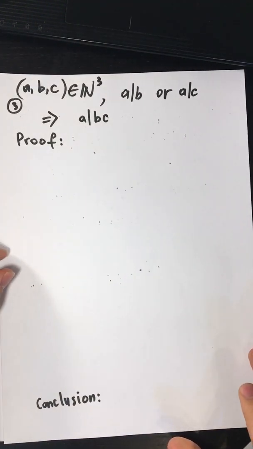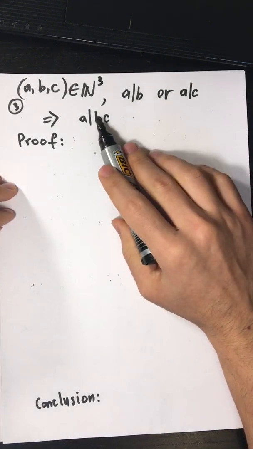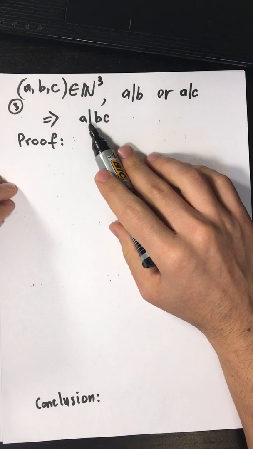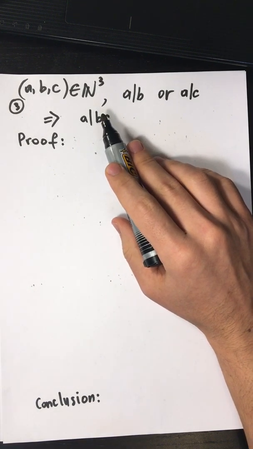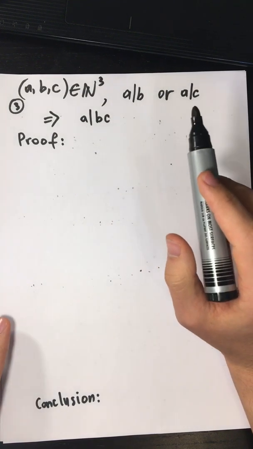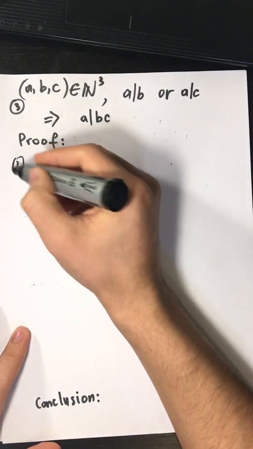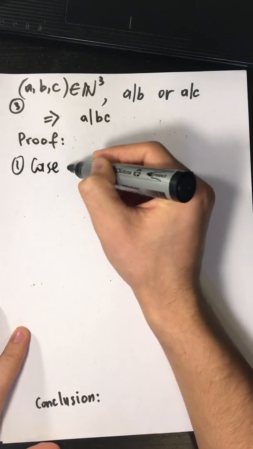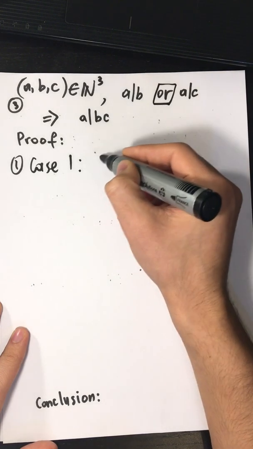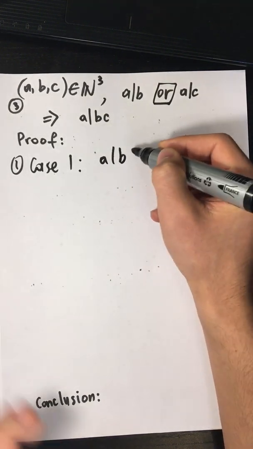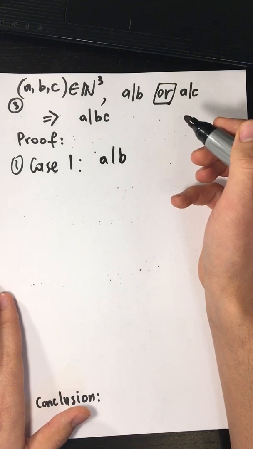Third, we have this. We need to prove this. We have A divides B or A divides C, and we need to prove that A divides BC. Okay, in order to prove this, we need two cases. Case 1, because we have OR, we take first A divides B. Let's say A divides B, and then what did I